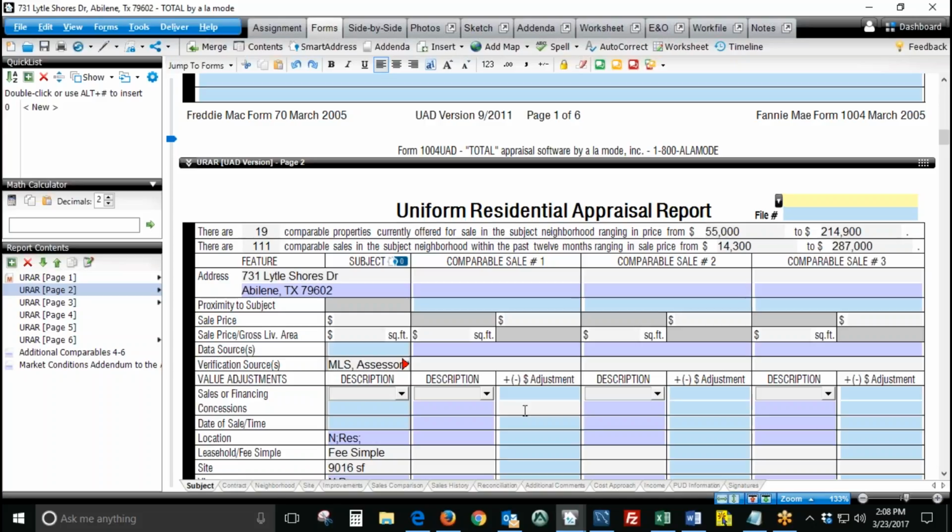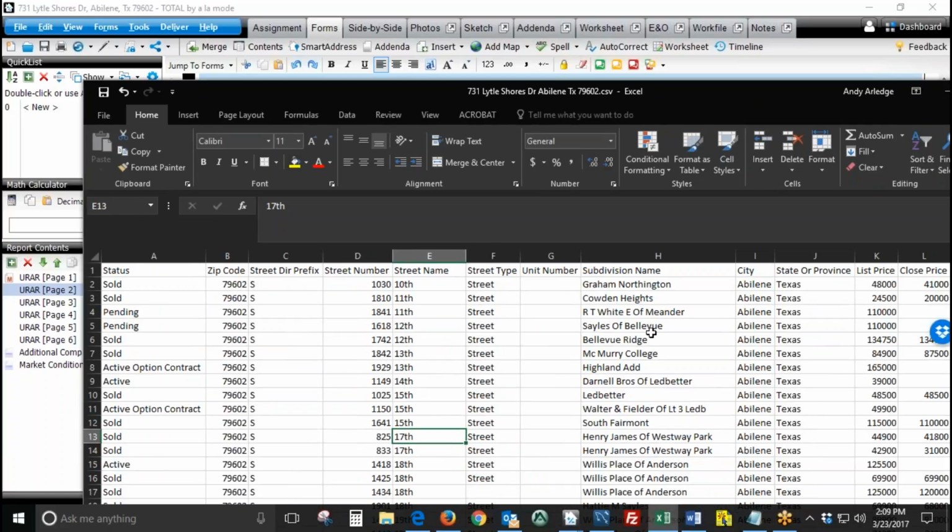All you do is export it to the template we create for you and save it to your computer. So for example, I have a file down here. What I did is I logged into Intrace, which is North Texas MLS. I just created the neighborhood boundaries itself. I grabbed all my statuses, active, solds, pendings, etc. And I actually went back 2 years, so 730 days for solds